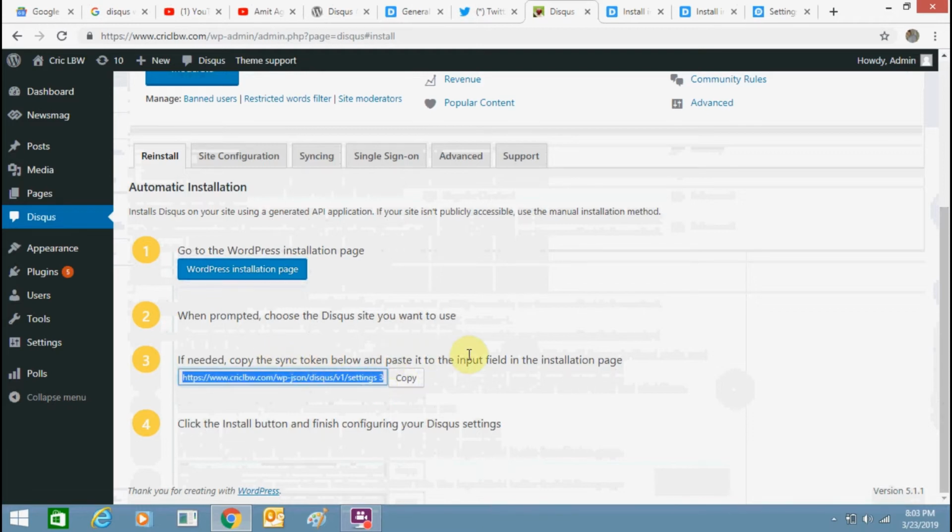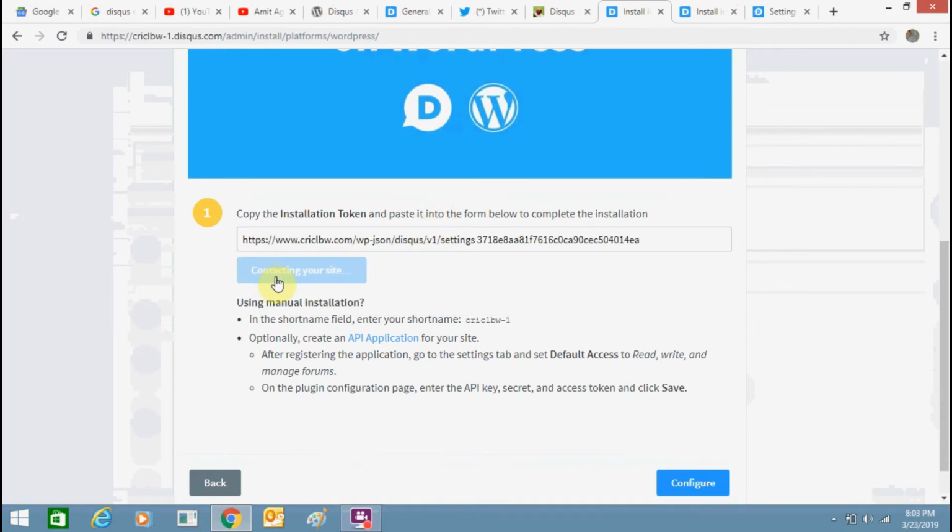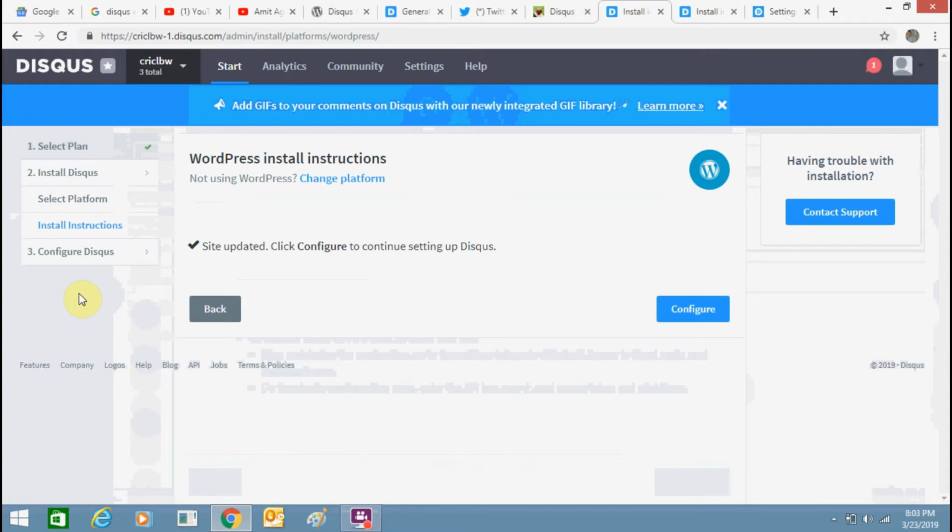This is the installation token key. Paste it here. Now your site is up and running. Now I need to click on configure.